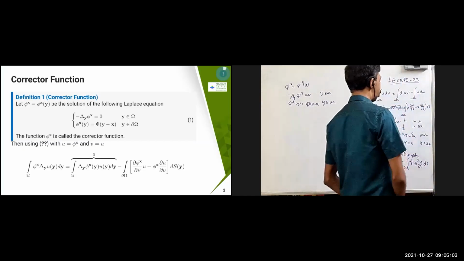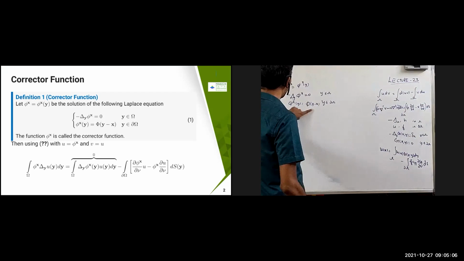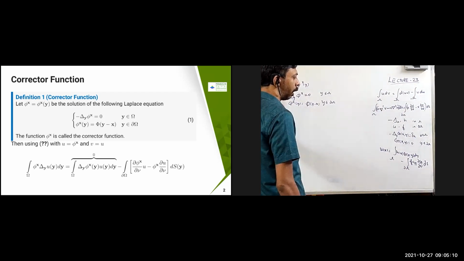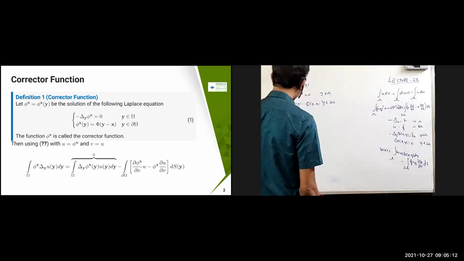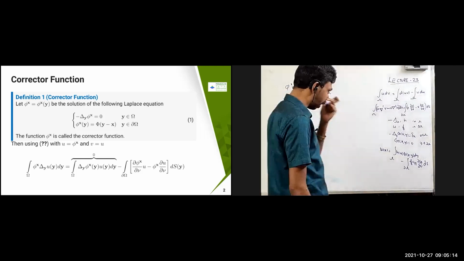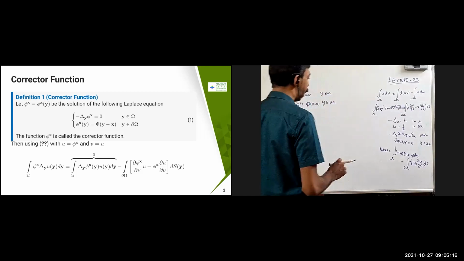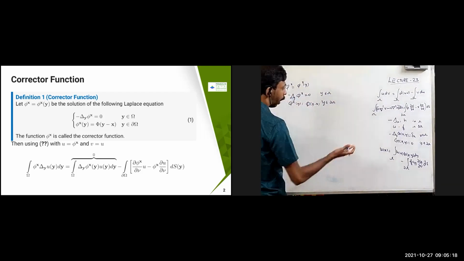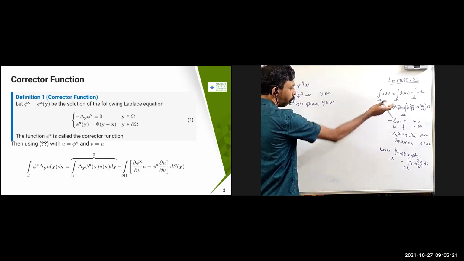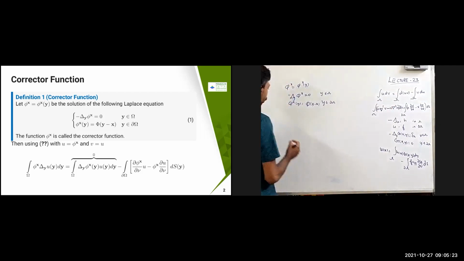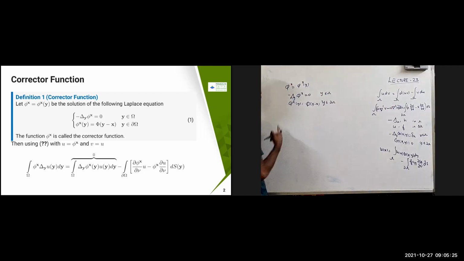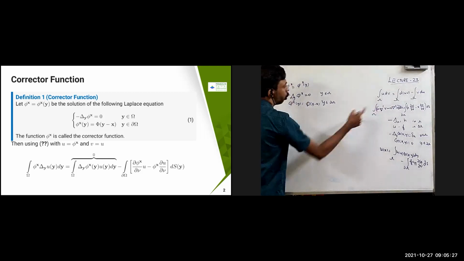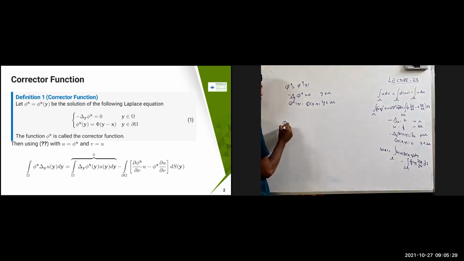So this is going to be the characteristic function. This characteristic function by x is going to satisfy this condition, then it is called a characteristic function. Then what we are going to do is use this earlier formula, and then obtain what values will be there. Where I'm going to take u equal to phi x, so this is going to become phi x.